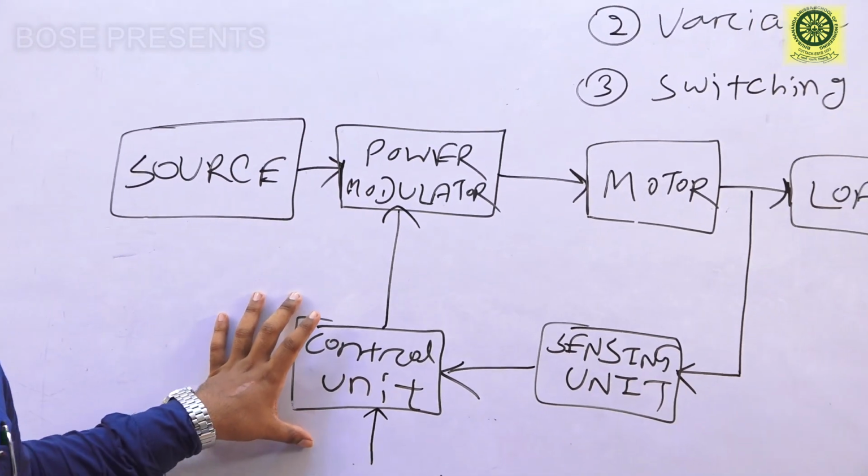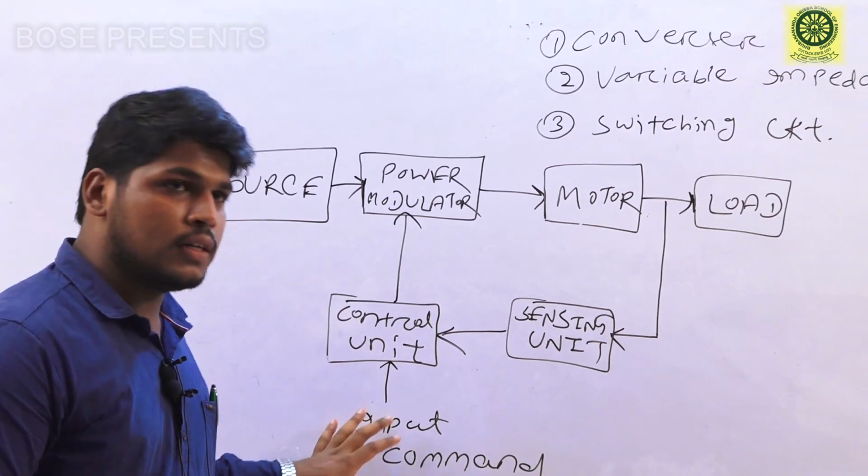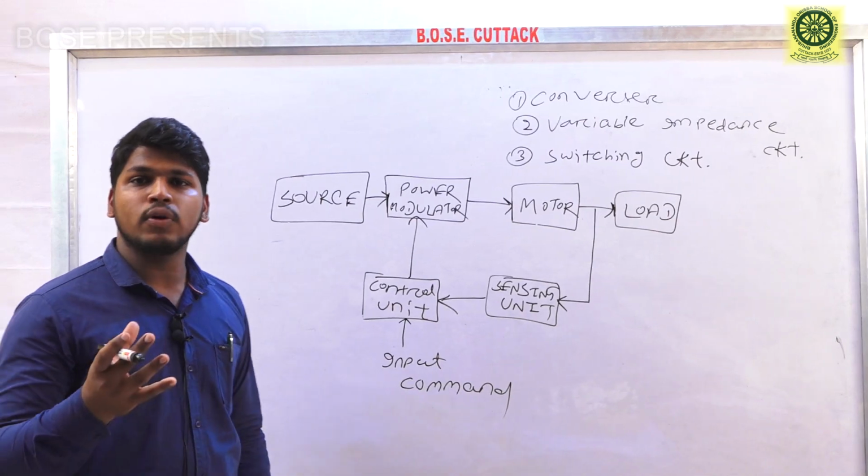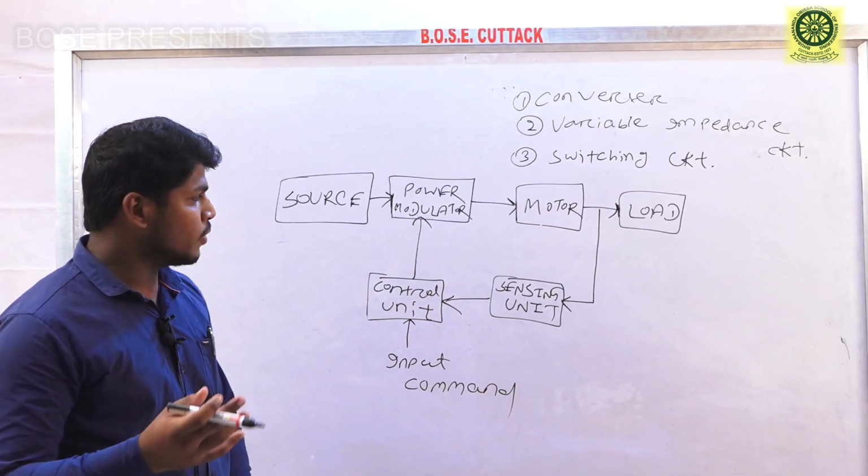And to the control unit, we are providing an input command. Input command means adjusting the operating point of the electric drive. Operating point means